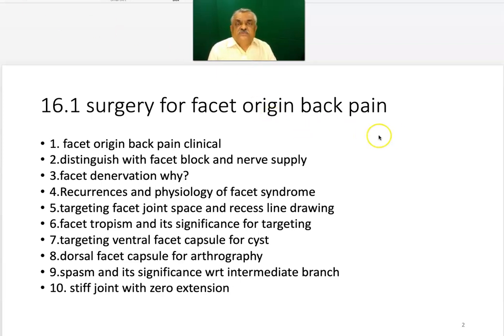Now facet origin back pain, as we have spoken, is paraspinal, well localized, increases with extension and rotation, does not increase with coughing and sneezing, and can be pinpointed by the patient using the thumbs. Whereas when the patient is talking of back pain in general because of the disc, they use their palm to show. We need to distinguish between the facet block